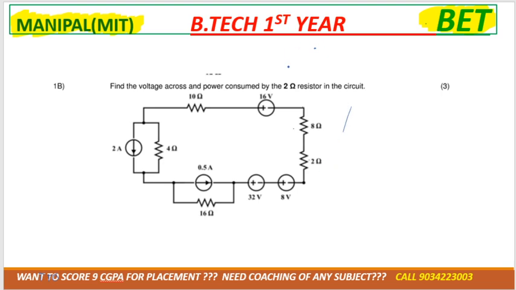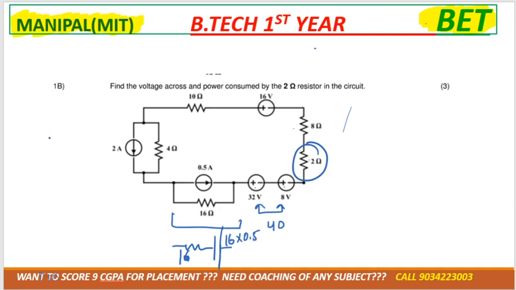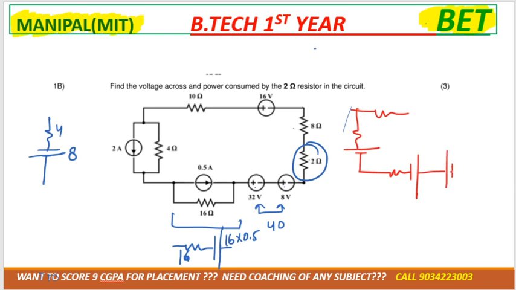in this they ask you for the power and voltage across the 2 ohm. Okay, so we don't touch the 2 ohm. Plus minus, batteries in series, so it would be 40 volt. If we convert it, the symbol is like this, 16 multiplied by 0.5, and this would be 4.8, right? So if I redraw the diagram, I'm marking the battery like this. Okay,